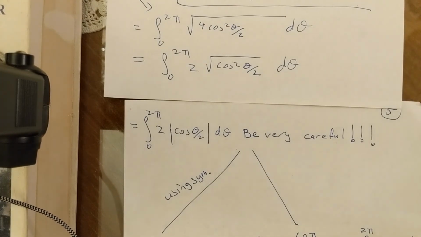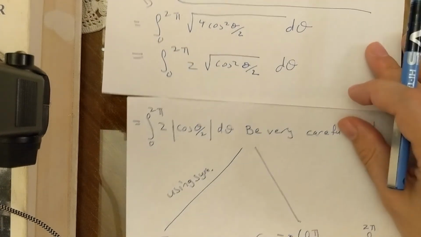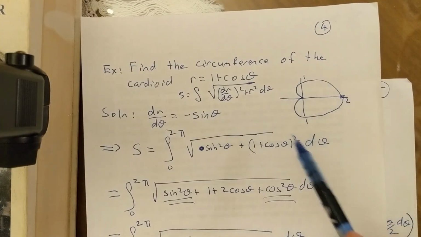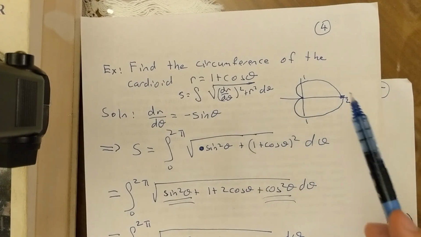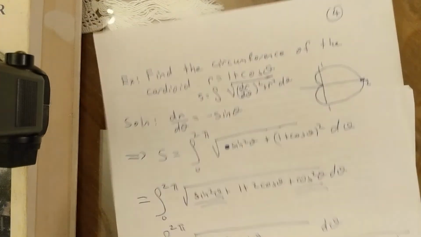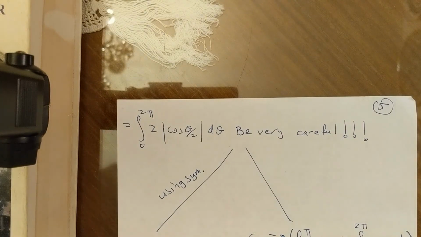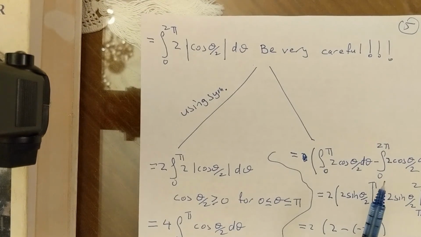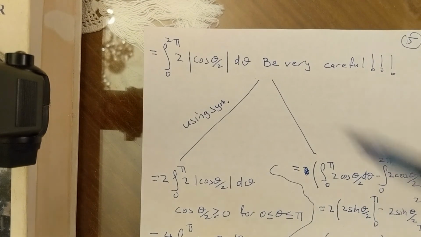You'll find that the circumference is 0 when you do it from 0 to 2 pi. And that's got to be wrong, right? Because we see this shape, the circumference is not going to be 0. It's got some length, okay? And that usually happens. You get these circumference 0, arc length 0 things, because you're not careful about